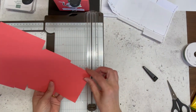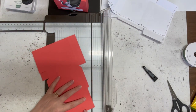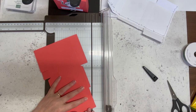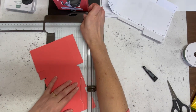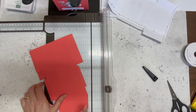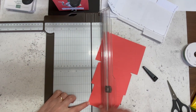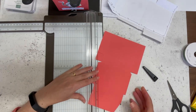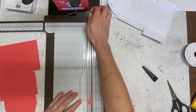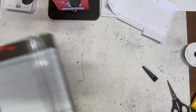Okay, I'm just going to fancy up my edge a little bit because I wanted it on a bit of an angle. You can use a corner rounder if you want, but I'm just going to bring it so that my tip is at the 1/2 inch and line that up. So I'm just lining up the score line and then this tip with the 1/2 inch, and that will give me my angle. Okay, I definitely need to put a new blade in my trimmer. Okay, so that is all